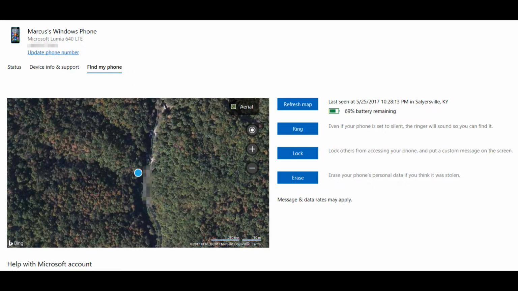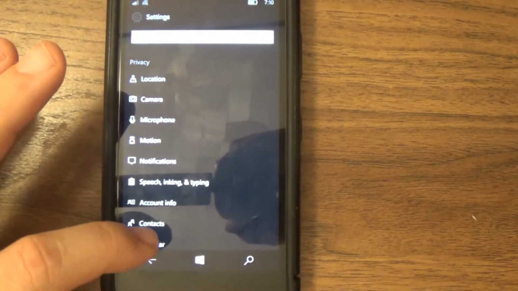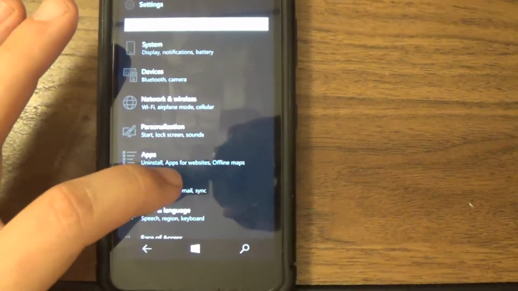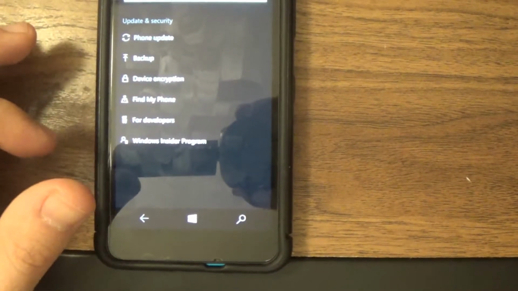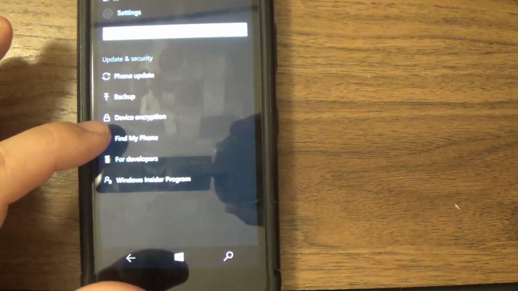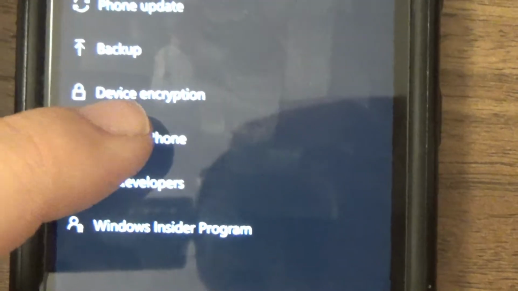And you may just want to go double check and make sure that you have those settings set the way that you actually want them to operate. So let's go back out here. We're going to back out one more. We're going to go down to update and security, and the first one we're going to look at here is device encryption,